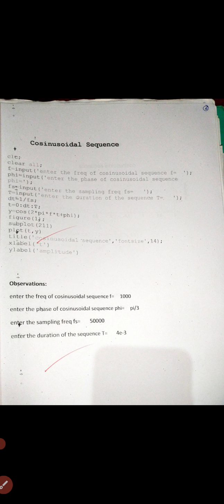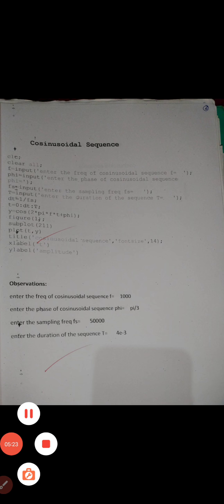The observation is the same as before: the cosinusoidal frequency is 1000, the phase angle phi is pi divided by 3, and the sampling frequency is 50,000. The duration of the sequence, that means t, is equal to 4e minus 3.